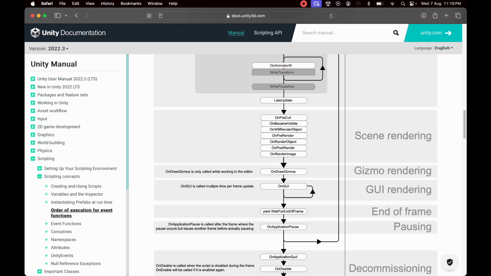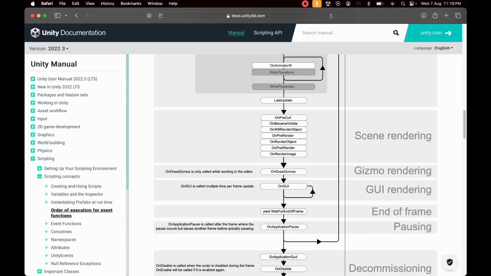Every frame this function is called. So now this is just a multiplier. Let's say somebody is playing with a 120 FPS model and you are playing with a 60 FPS model, there will be lag in between because the frame rate is